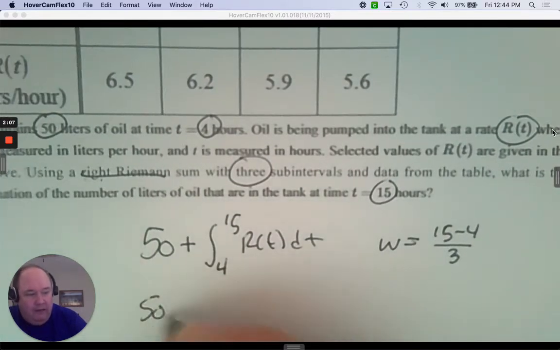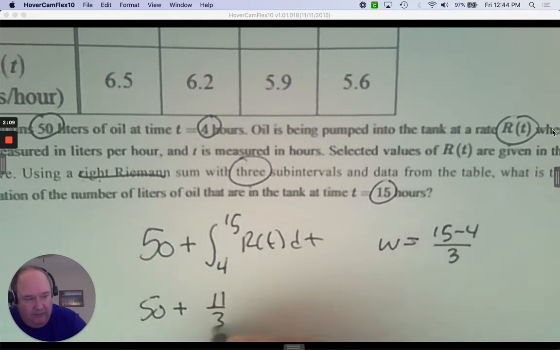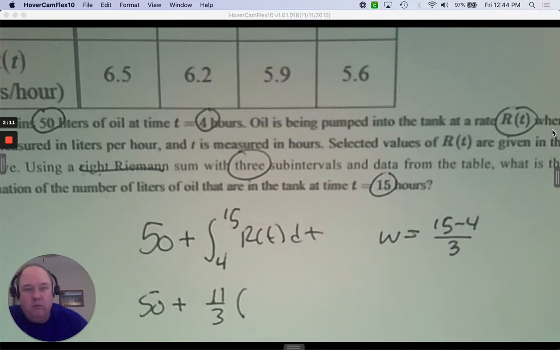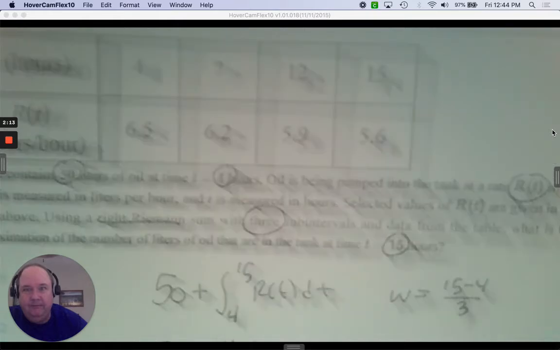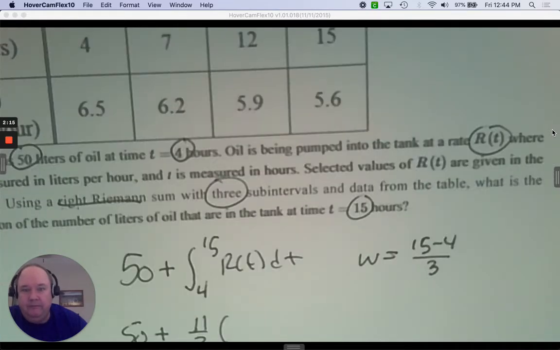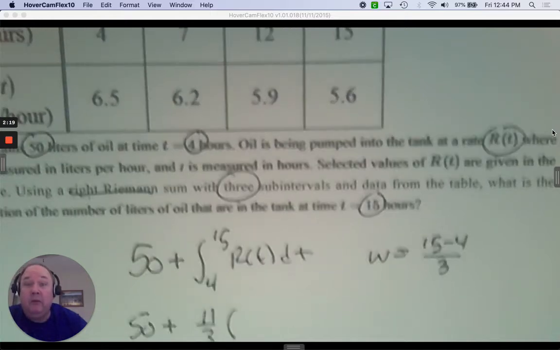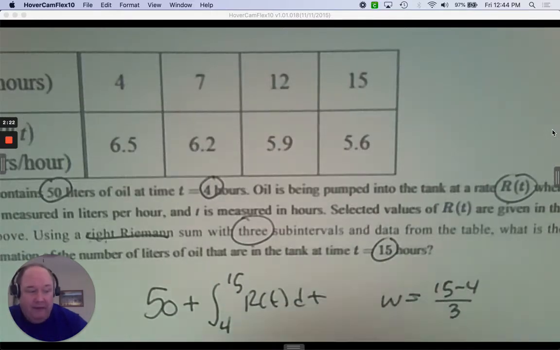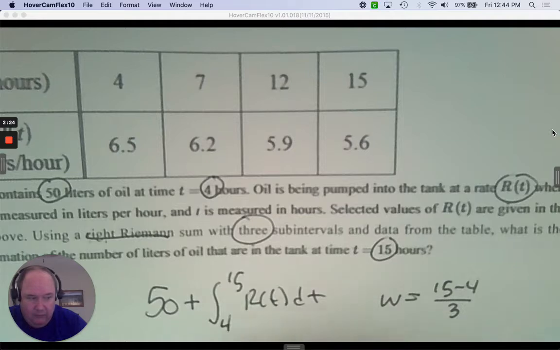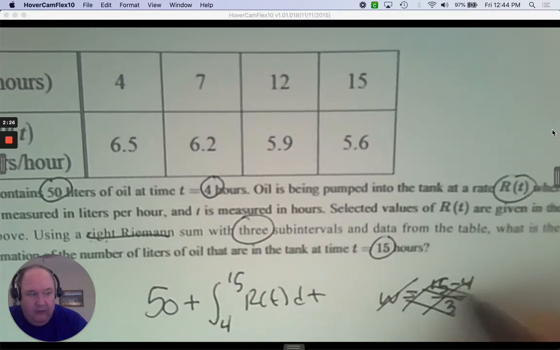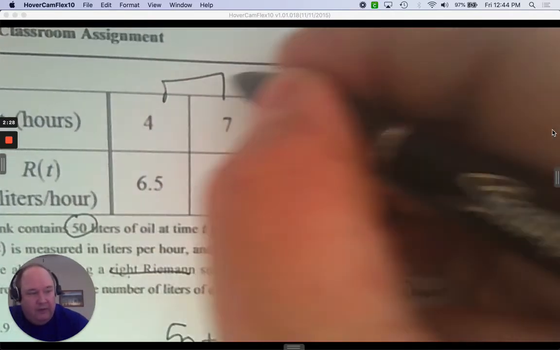But when you think of the setup, the common width, we're using the 3 intervals in the table. So it's not a common width. I'm sorry. We're not even going to do this because we're going to use these intervals that are given